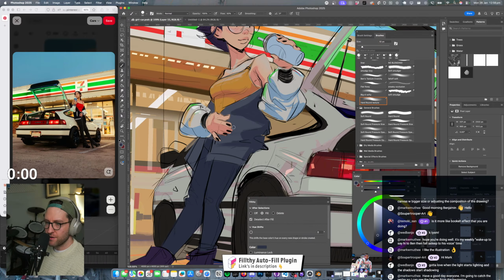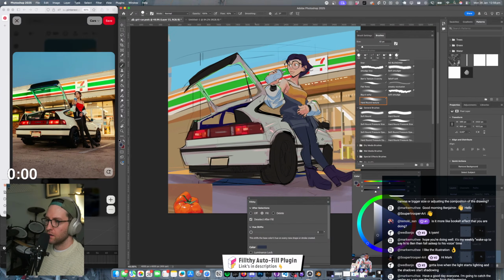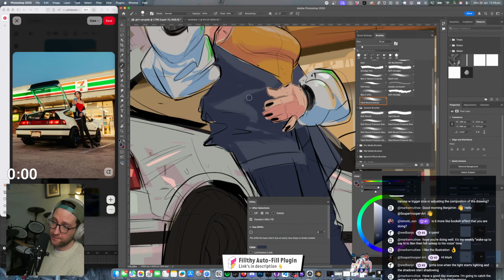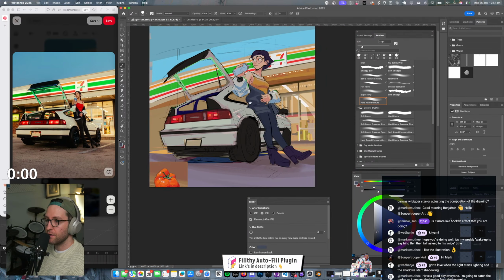I need to make a decision as to, am I going to allow soft edges with the cell shading kind of vibe? I don't know.